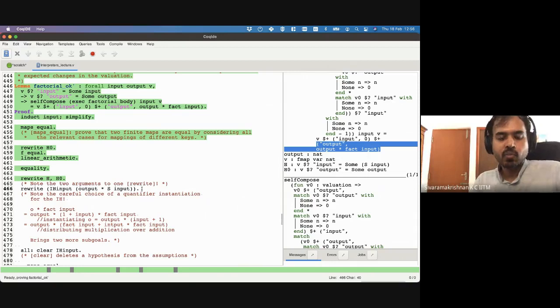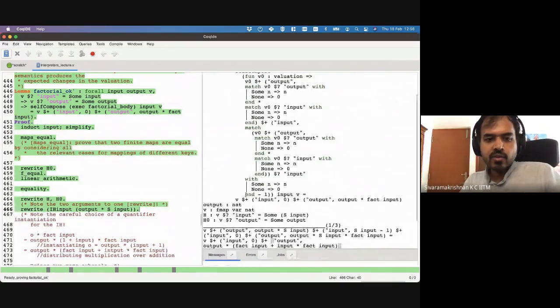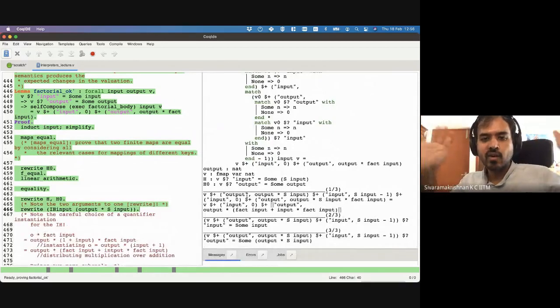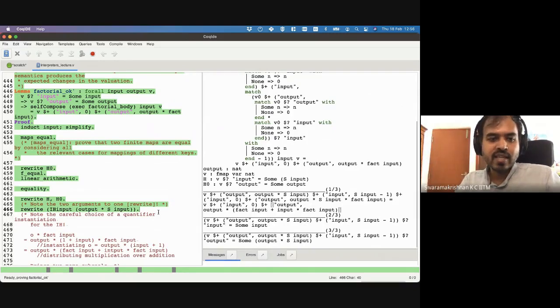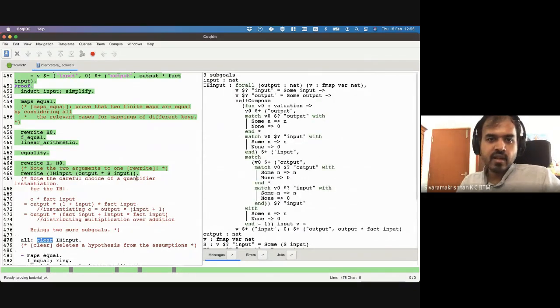Once you do this instantiation, what happens is that you still have this large term. But we've applied the induction hypothesis. We are no longer going to apply the induction hypothesis. It is no longer needed. So there is this nice tactic called clear, which just deletes a hypothesis from the set of assumptions so that it is a bit more readable. So all I'm doing is clearing the induction hypothesis IH input, which is this large term here. I know I'm not going to use it, so I'm just going to clear it